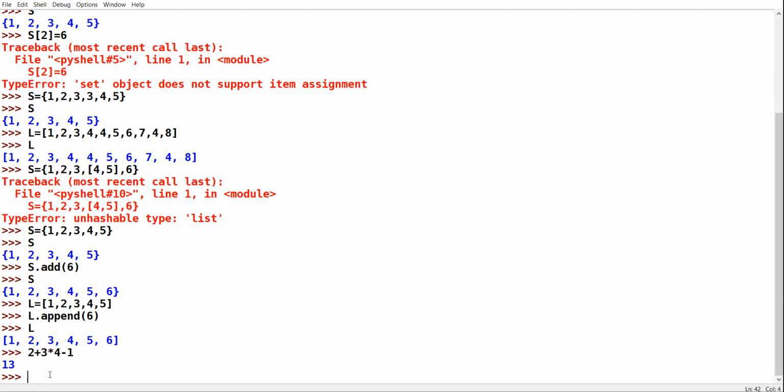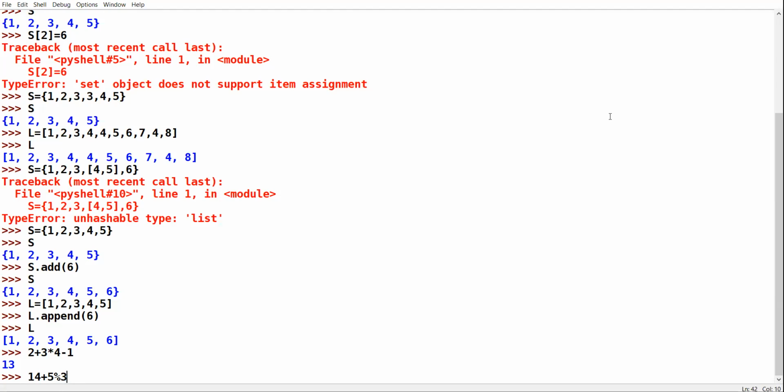All right. 14 plus 5 modulus 3. Modulus always gives the remainder. Modulus operator, that is this percentage symbol, this is called modulus. It performs the division operation but returns the remainder as the result.